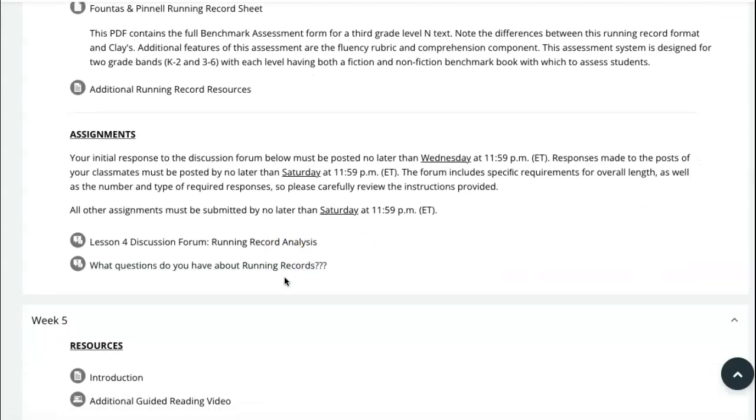Your initial response is due Wednesday by 11:59 to the discussion forum, and your peer responses are due by Saturday at 11:59. Many of you are not asking your peers questions in your responses, and you are losing points for that. Please remember that if you put a reference at the end of your post, you have to have cited it in your post.